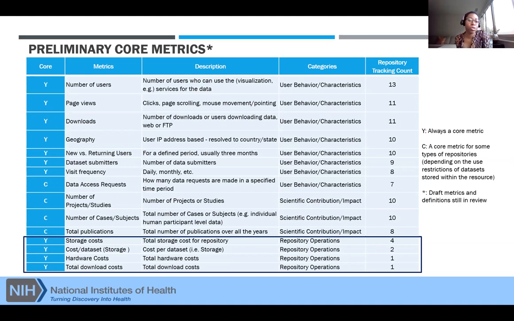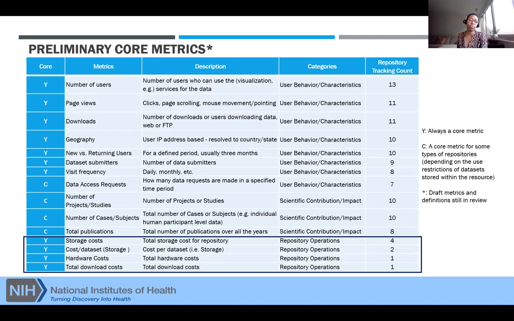And these metrics here at the bottom are those that we found are not highly tracked, but they are very important for repository operations. So we hypothesized that there are several reasons why this may be the case, and I'll go into that in my next couple of slides.